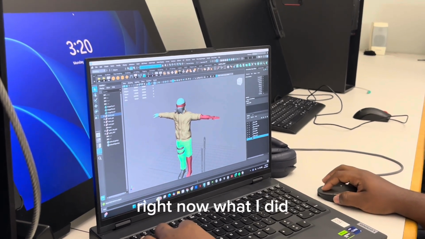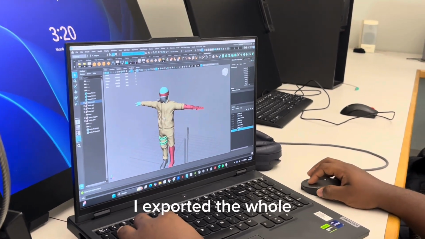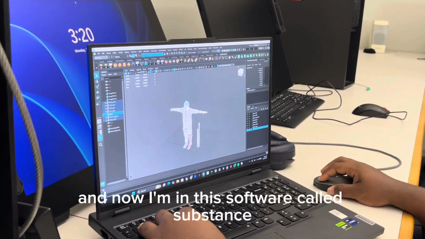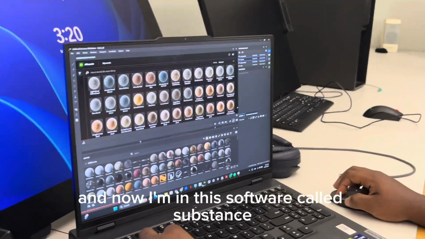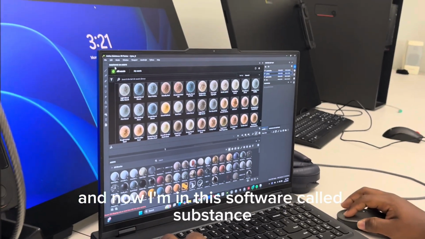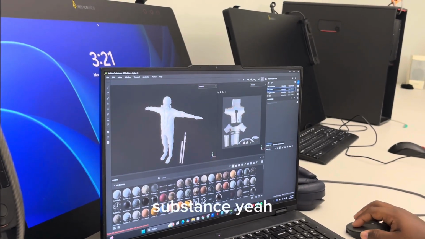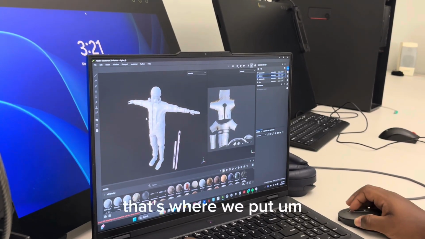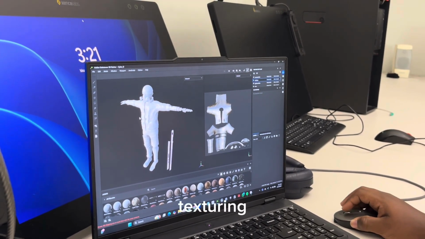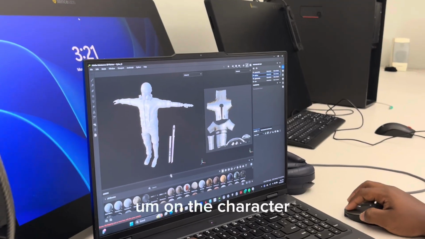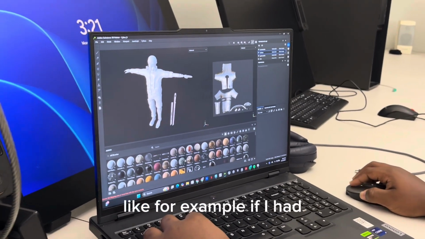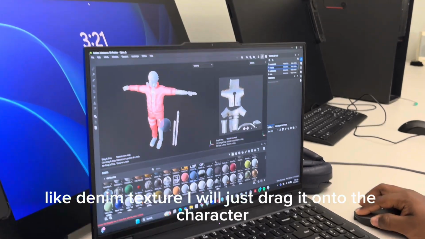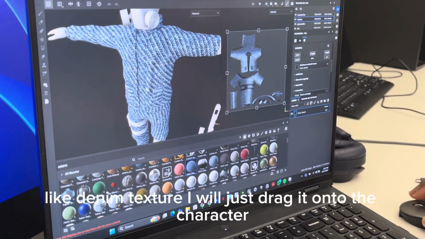Right now, what I did, I exported the whole thing, and now I'm in this software called Substance. Substance 3D Painter. And that's where we put texturing on the character. Like, for example, if I had this denim texture, I would just drag it onto the